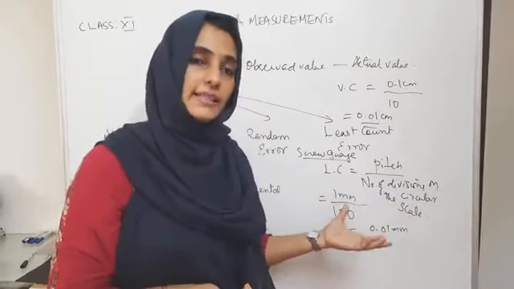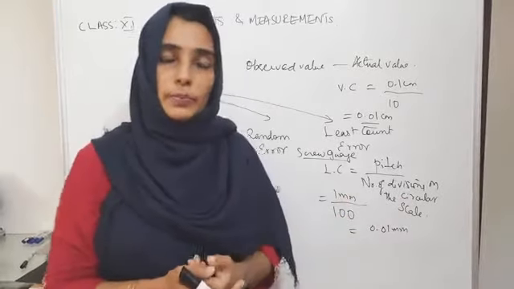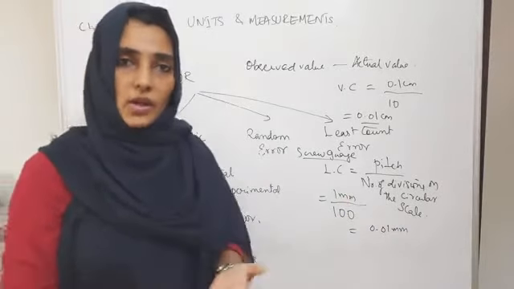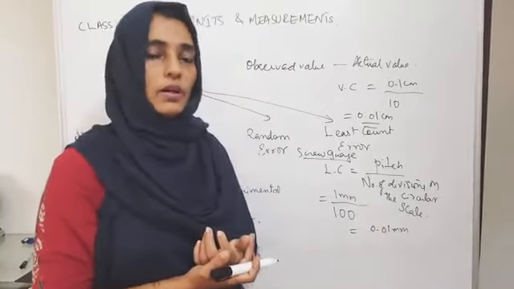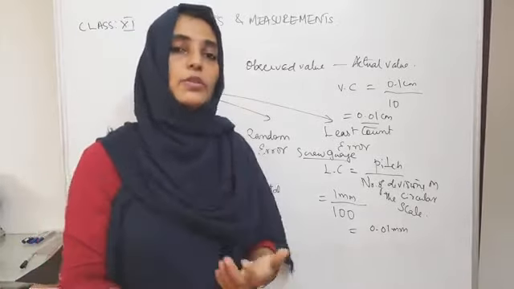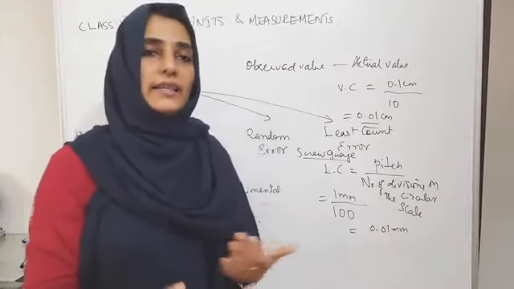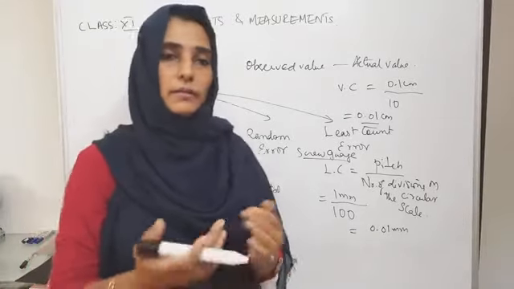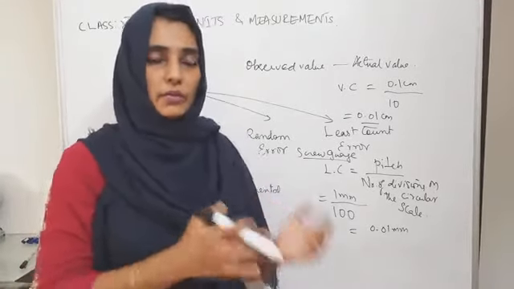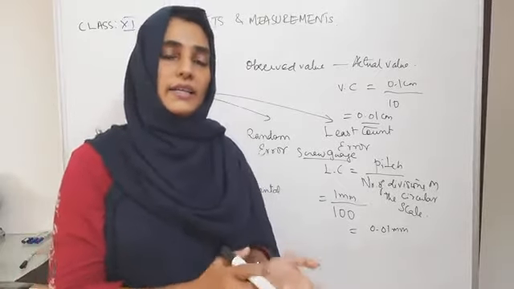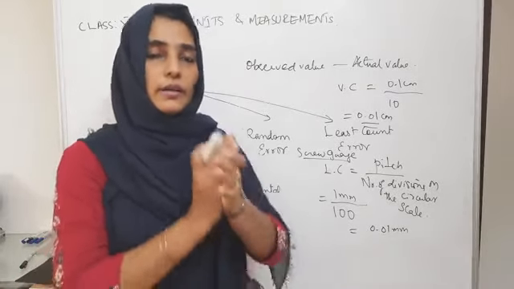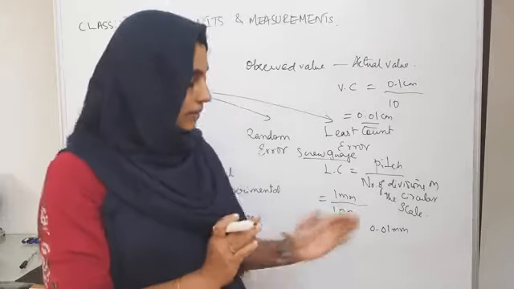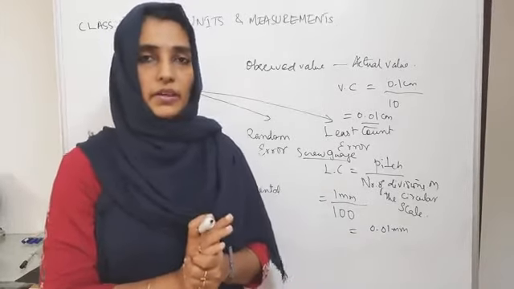So you can easily say that a screw gauge is a more precise or more resolved instrument when compared to a vernier calipers. You have much more sophisticated or highly resolved instruments in order to take measurements. So it is our choice to go for highly resolved instruments in order to reduce or minimize the errors occurring in a particular observation.